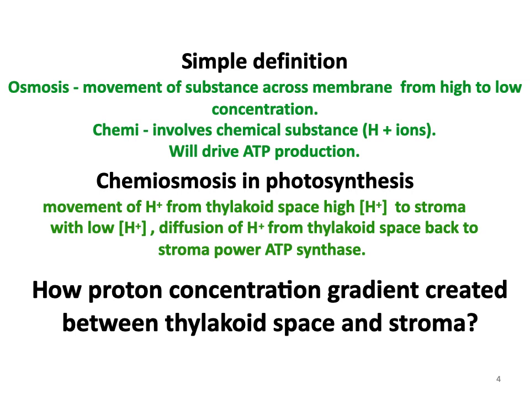Let's just recall the definition of chemiosmosis from what you have learned in chapter 2. To put it in simple terms, osmosis is the movement of substance down the concentration gradient. That means from high to low concentration. Chemi, on the other hand, let's just refer to it as chemical substance. In this process, we are referring to H+ ions. So, movement of these H+ ions across the membrane will drive the synthesis of ATP.